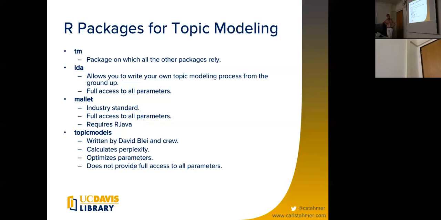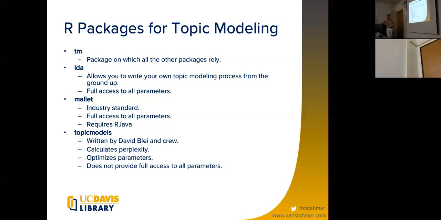And David Blei and his crew wrote a topic models app that doesn't require Java, that does the LDA package the whole thing up. It's a really slick app, and I really like it. What I don't like about it is that it's not very open. It doesn't let you control much, right? It just assumes that you want to go with the mathematically calculated number of topics and your alpha prior to the Dirichlet. And it does a lot of this up front, and it doesn't actually let you in to change it, right? Mallet lets you in more, but interestingly, Mallet won't take a